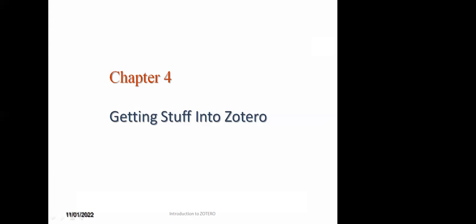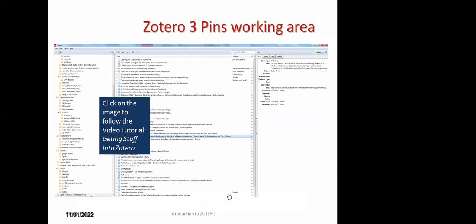Another way of adding stuff into Zotero. If you want to include it in the Zotero library, there are three main areas. Point number one, the very first, is the library section. Second is the resource section, and the third one is